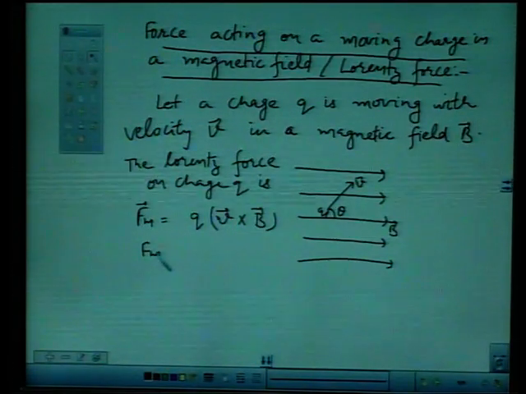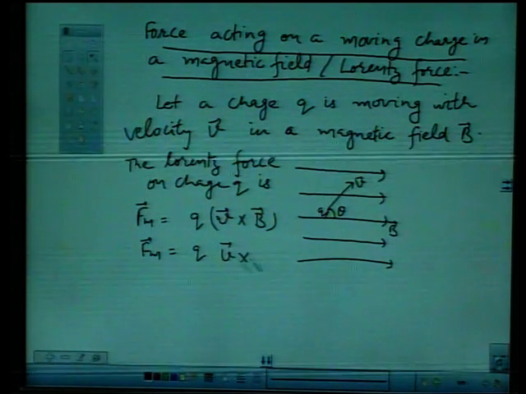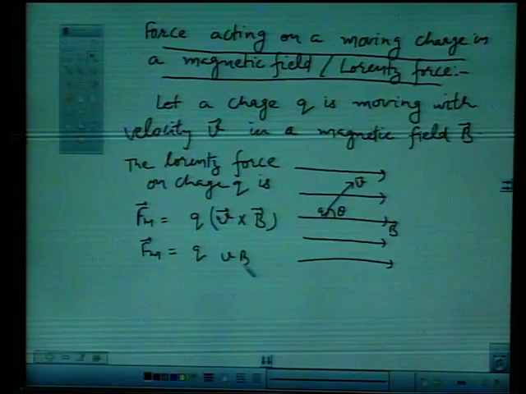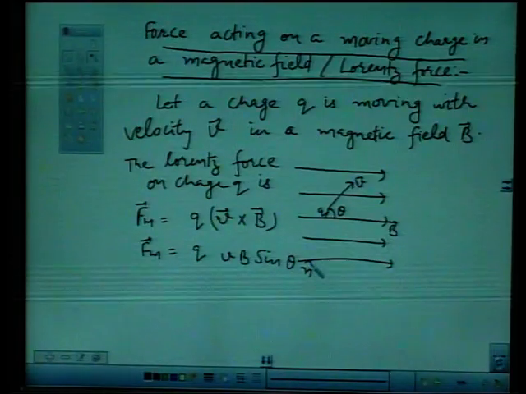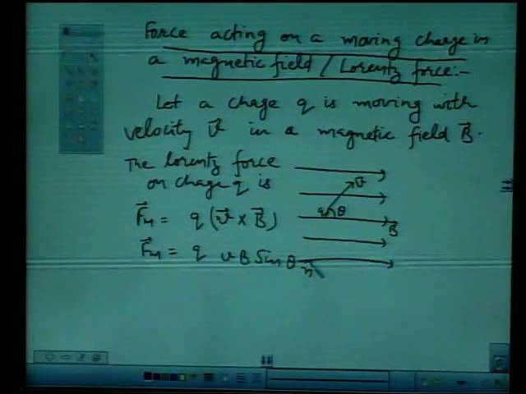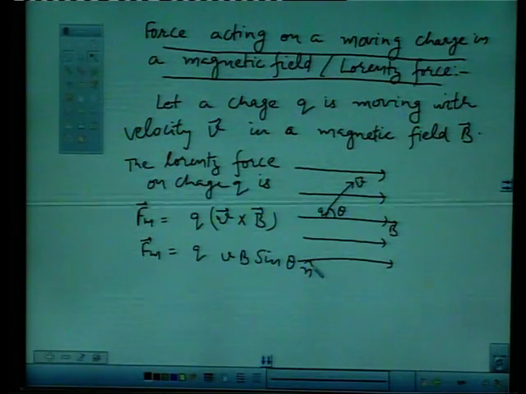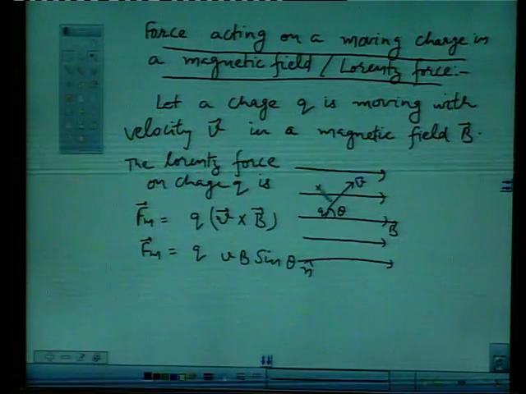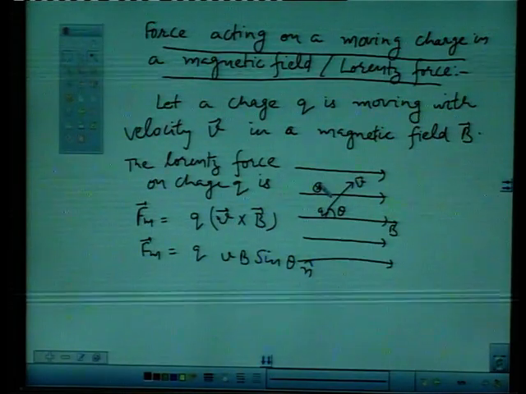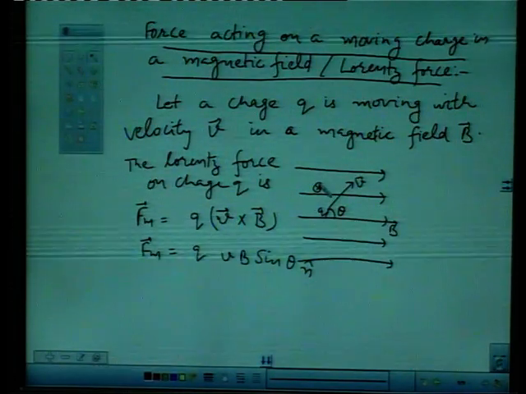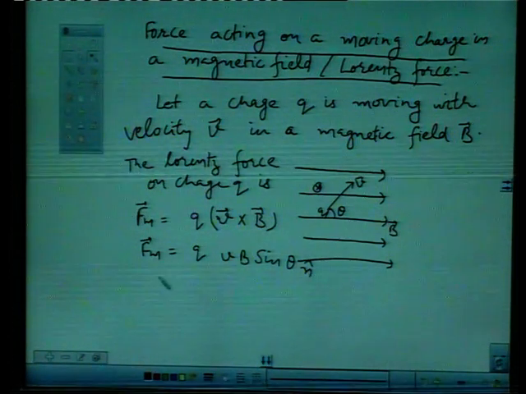This can also be written as q B vector cross v, sine of theta into n cap. So the force will be perpendicular to both the velocity vector as well as the magnetic field. In this case, the direction of force will be inside the plane of the blackboard. n cap is a unit vector perpendicular to the direction of the magnetic force, and its magnitude